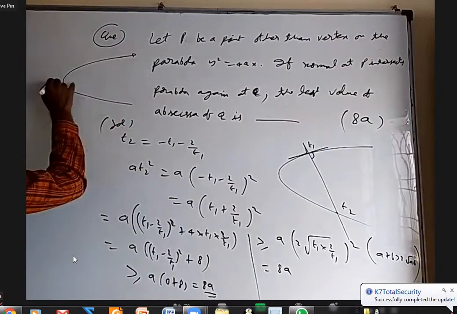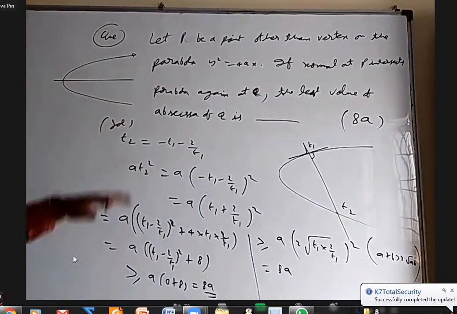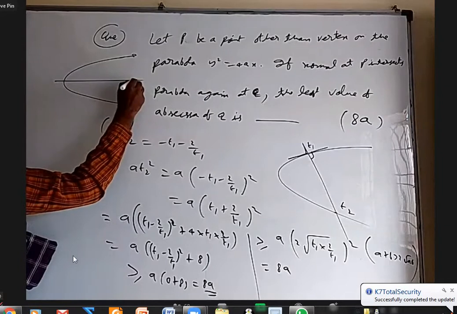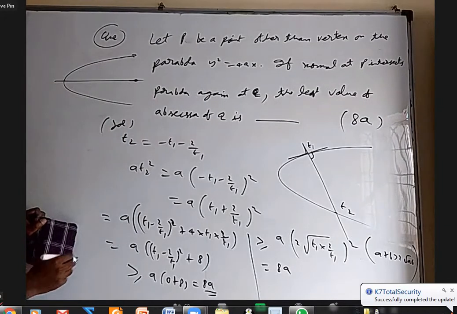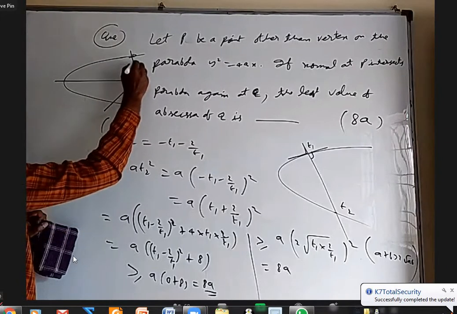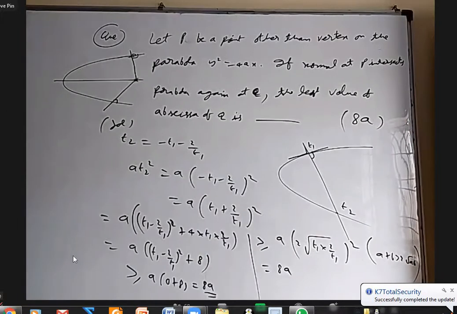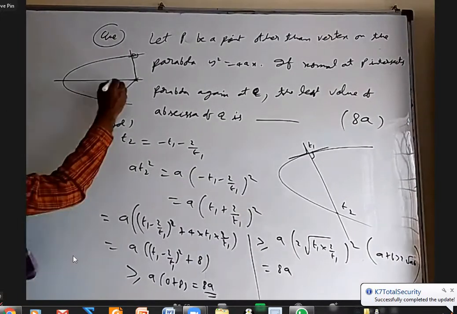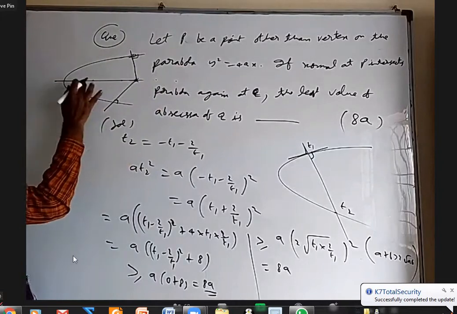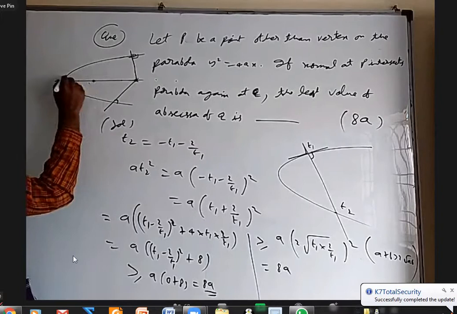Next question, I'll describe the question and I'll write it later on. Please listen to the question. If you take a point on the parabola's axis, somewhere here, 3 normals of the parabola will pass. One normal here, one normal here, one is the axis itself. Correct? If you take a point here, every time 3 normals. But there is some point before which, if you take any point, no normal will pass through that.